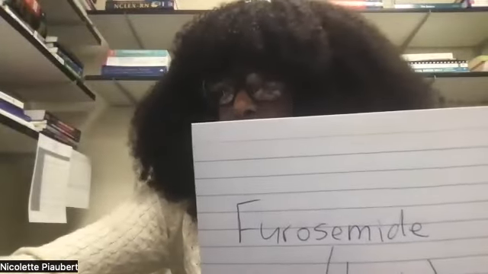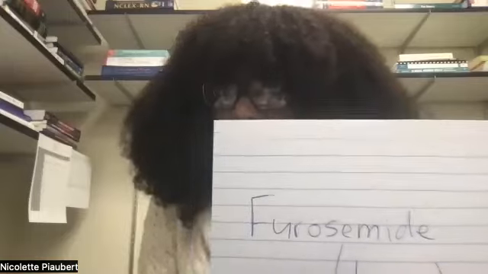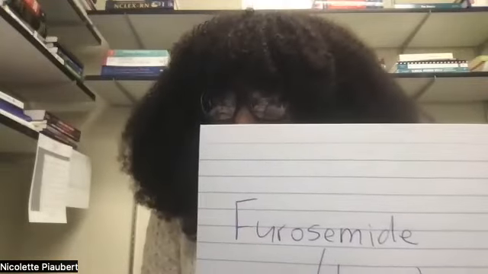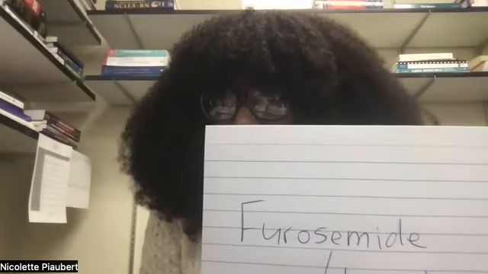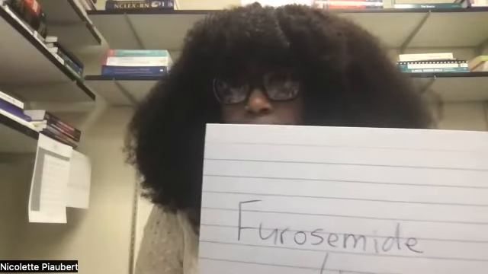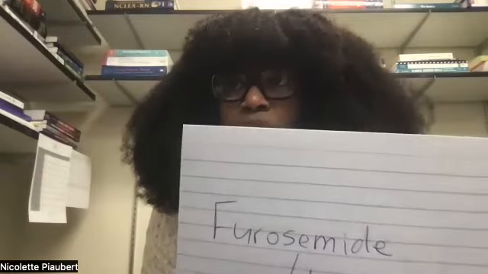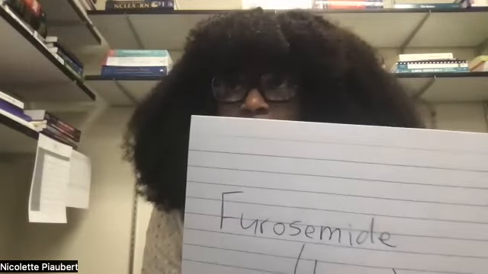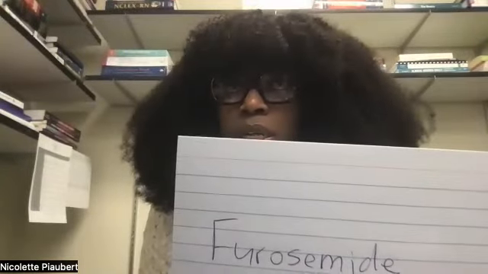And furosemide, when do we give that? And what is it? Loop diuretic. Give it for hypertension. Yes, so when you have edema, high blood pressure, CHF, yes, that's true, right? And now what is the difference? What does it do exactly? Other than, how does it relieve the fluid? What is the mechanism?